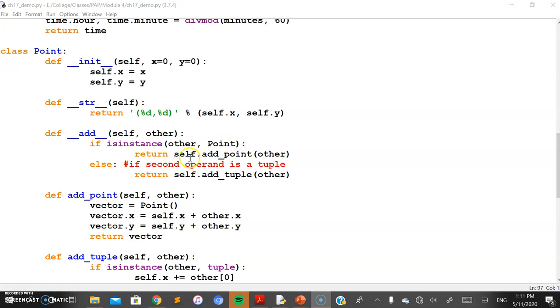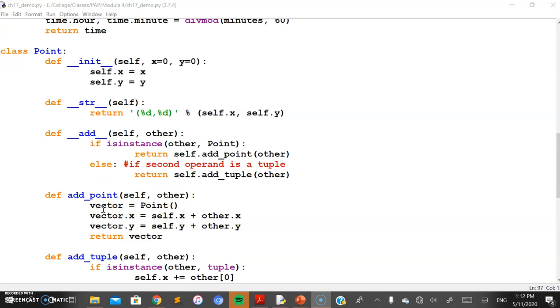If it is true, then it is going to call another function known as self.add_point, meaning the first object is passed, and this function is called by passing the other object, in case both the operands are objects. So you can see how the addition is performed here.